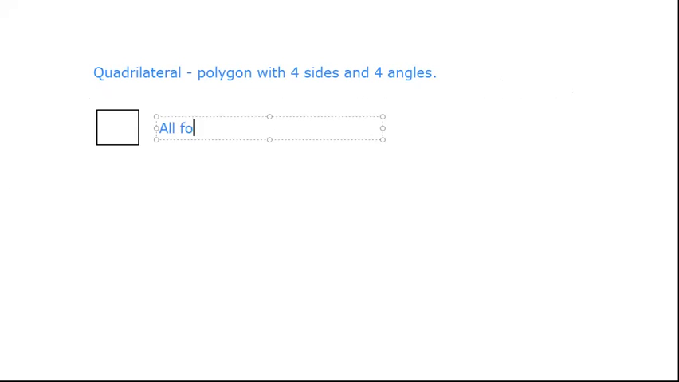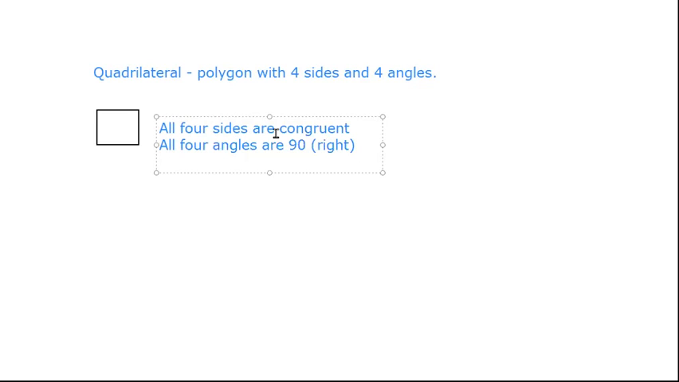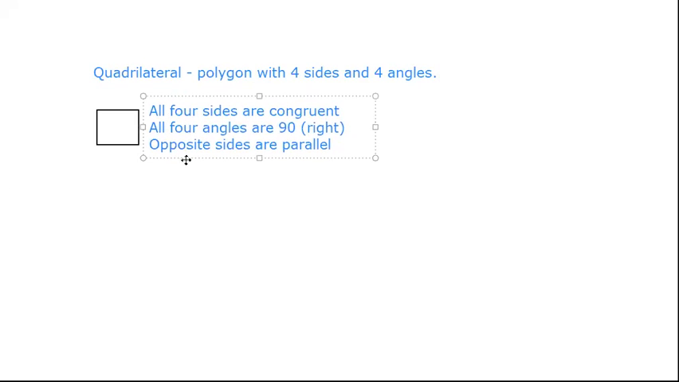All 4 sides are congruent. All 4 angles are 90 degrees, or right angles, and opposite sides are parallel. Okay? So a square, although it's a common shape to us, one of the first things that we learn, is